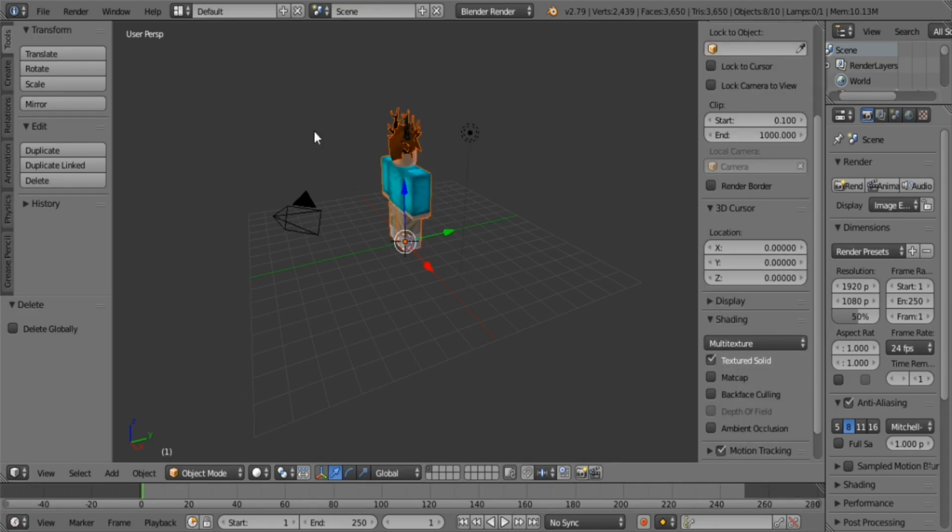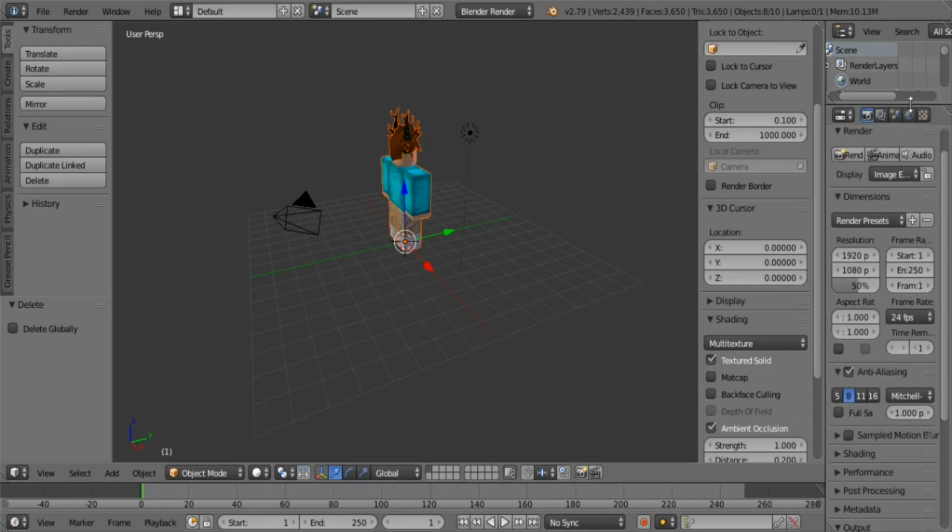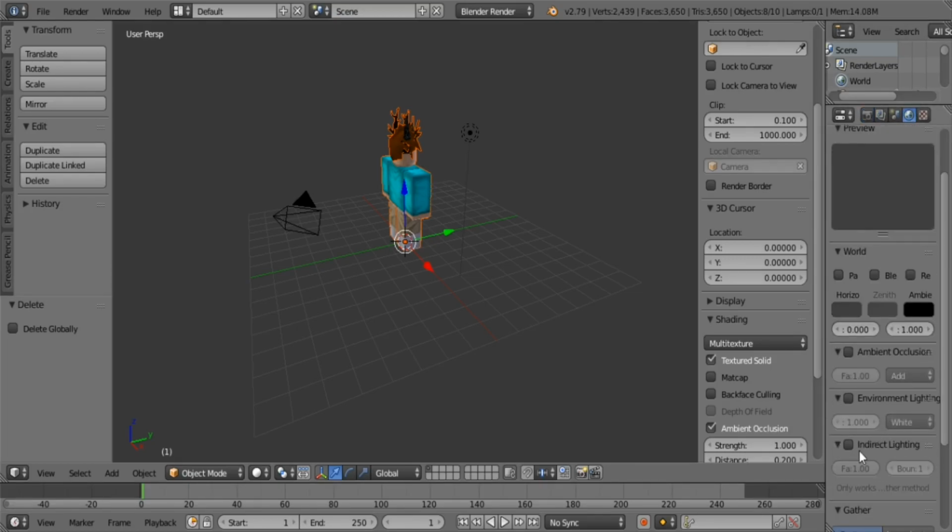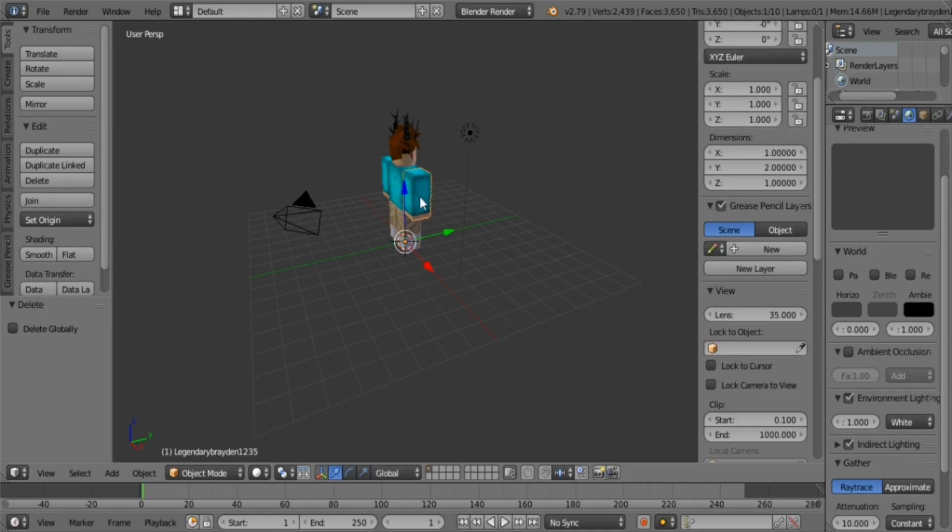Now this will give you your character, but you can also click ambient occlusion. Now you're going to want to go ahead to the world and click indirect and environmental lighting, and then you're done with that step for now. Now you can go to this little, well actually no, first we're gonna right click on your character,